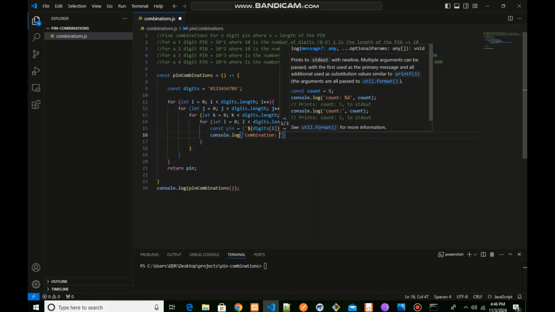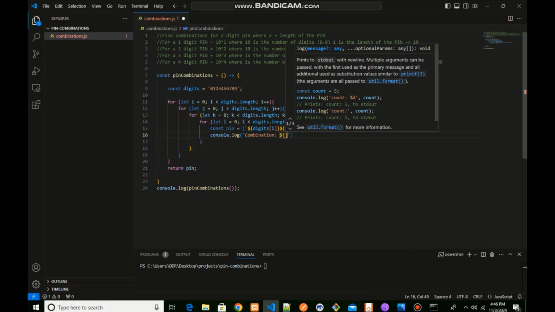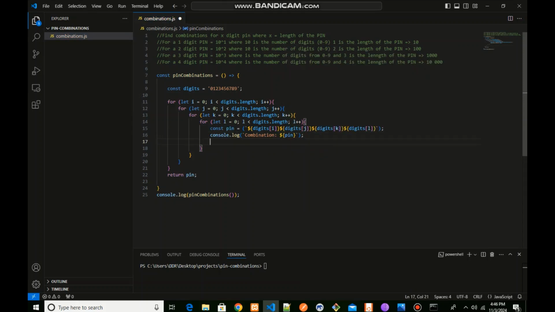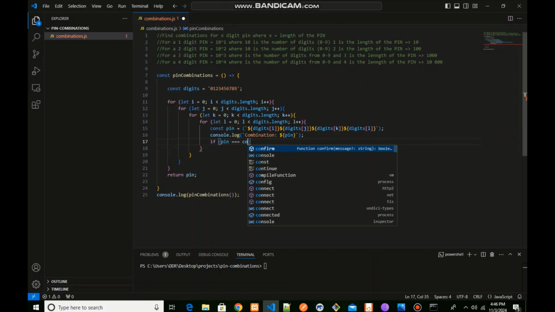So the combination will be whatever is printed at that point. Okay, if that pin printed at that point is equal to the correct pin,